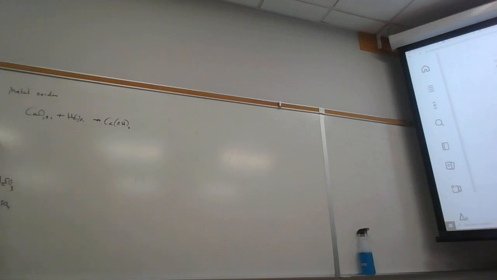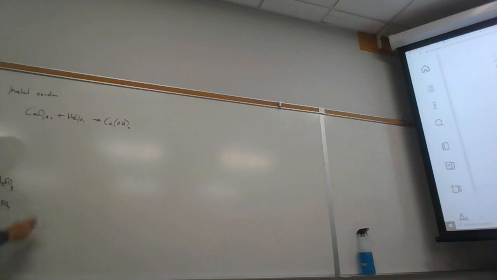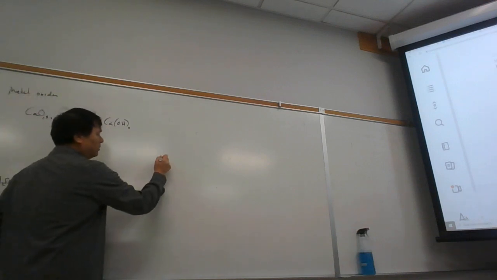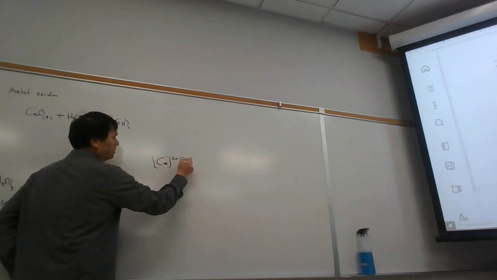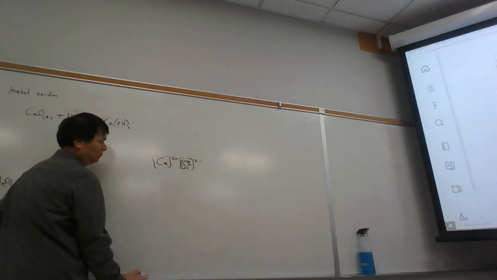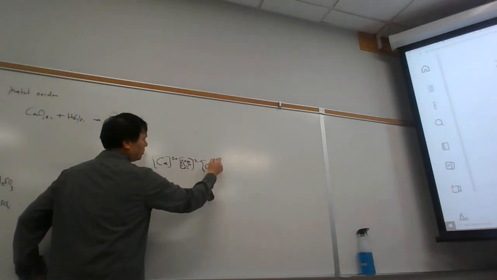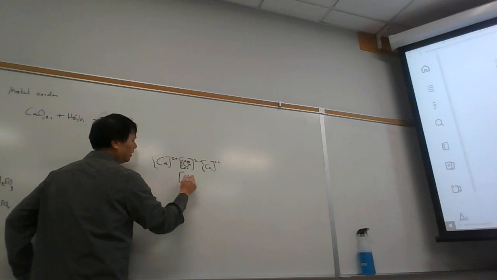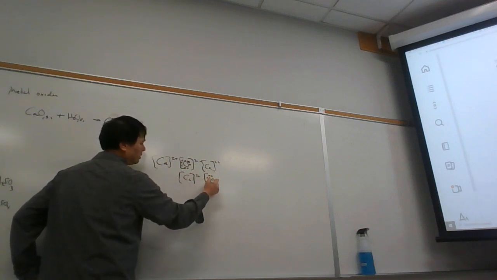So this is a Lewis acid-base reaction. Calcium hydroxide turns out to be soluble. Calcium oxide is insoluble. And so when we look at it, it's an ionic compound. So what we do is we draw out the ions like this and make a lattice. But in calcium oxide, it just extends out in 3 dimensions. So we end up making a 3-dimensional lattice of calcium ions and oxide ions,